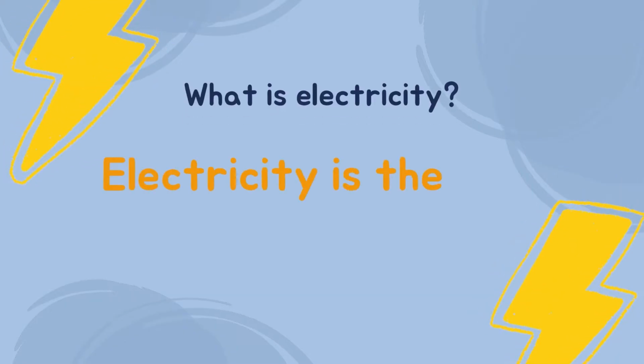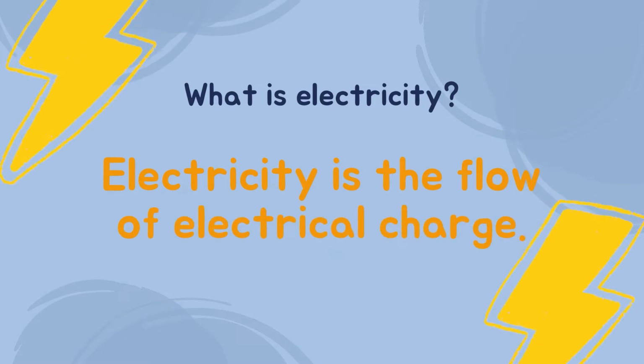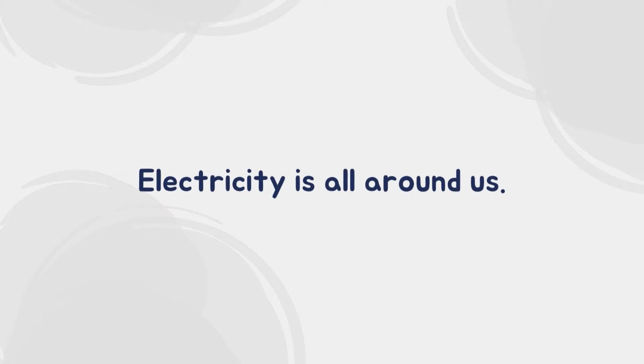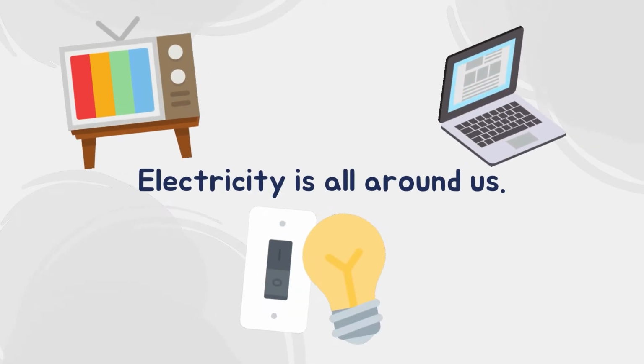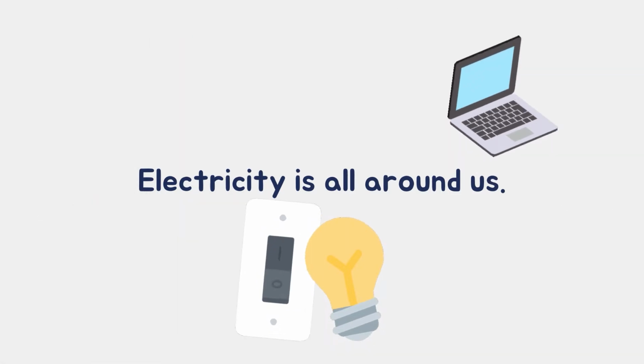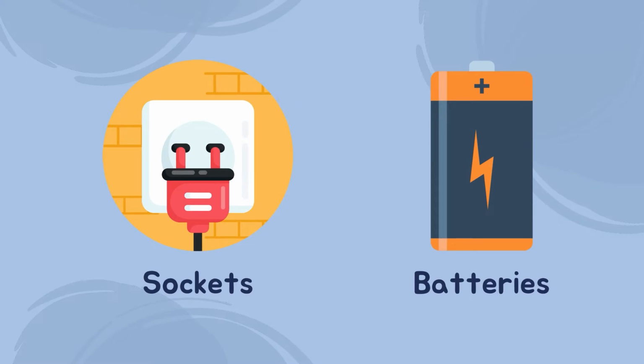What is electricity? Electricity is the flow of electrical power or charge. Electricity is all around us, from the TV we watch, the computer we play on, and the lights in our bedrooms. Many devices and machines use electricity in order to work. The most common way of using electricity is the wall plugs at home, and the other way is in the